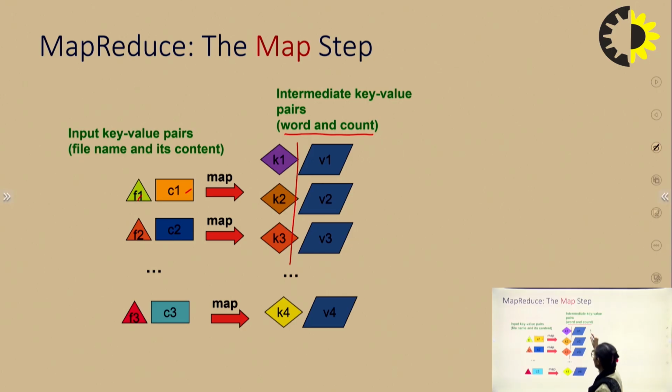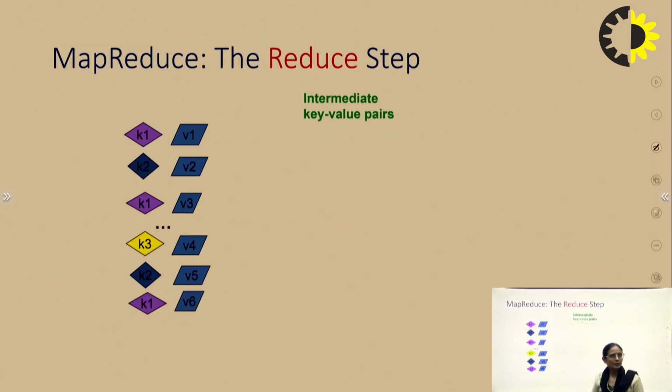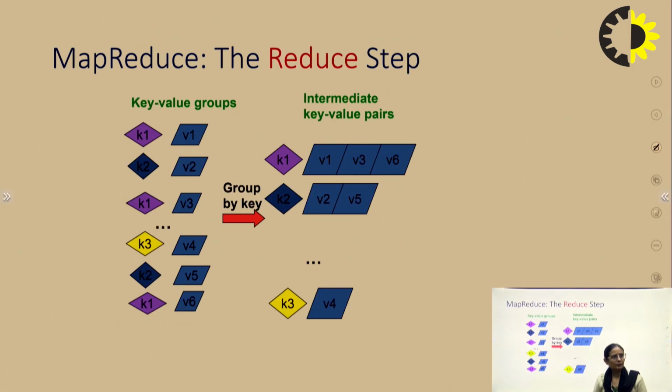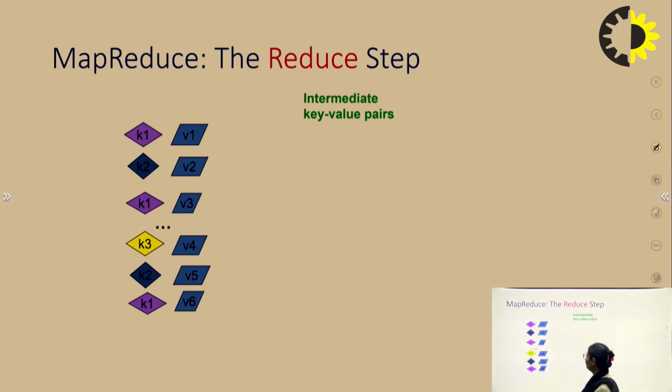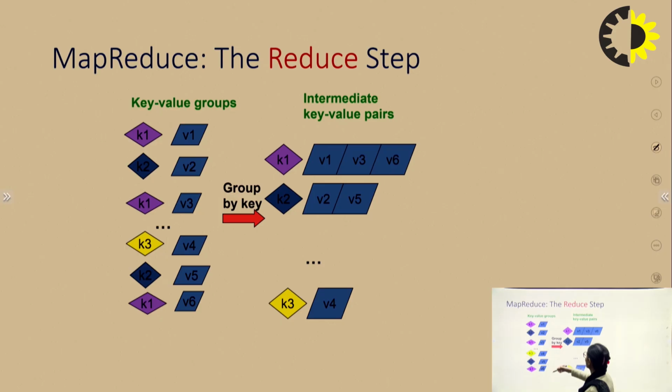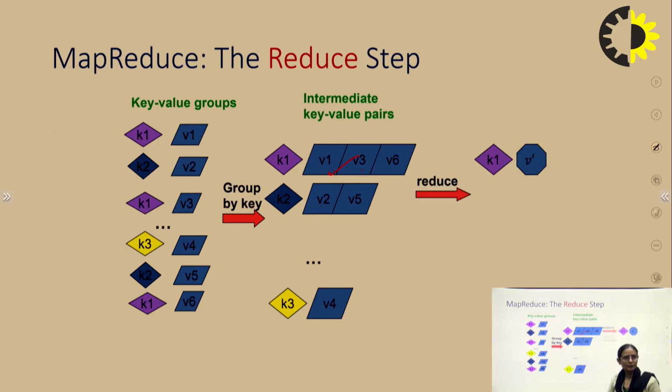So these are the keys and these are my count. Now we group by. The reduce step, what it will do, we have got the intermediate results, we pass it to the reduce step, it will group this by the key values. If you look here, each mapper function is giving its own set. Now what the reduce function does, it will group all these things. So here corresponding to key K1, we are having values V1, V3, V6 and so on. We reduce this and we get the